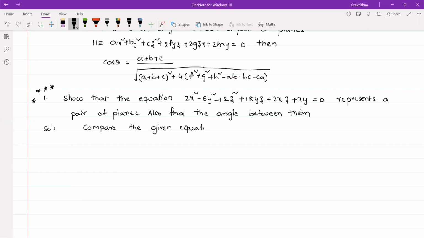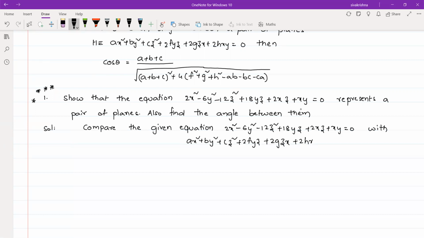So the given equation, what is the equation? 2x² − 6y² − 12z² + 18yz + 2xz + xy = 0. We have to compare this equation with ax² + by² + cz² + 2fyz + 2gzx + 2hxy = 0. Whenever we compare the given equation with this equation, now we have to write the values of a, b,